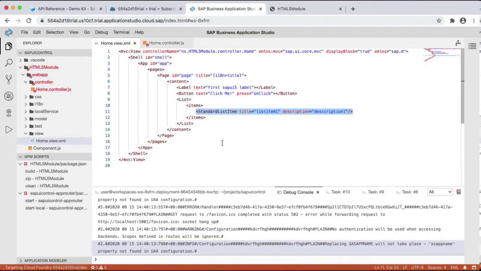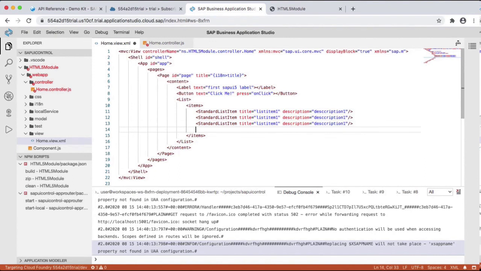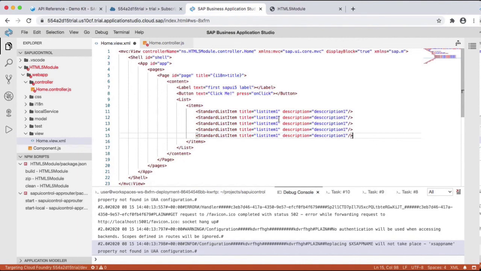So I'll just copy paste. I'll just use 5 list items inside this list. I'll change the text of the titles.